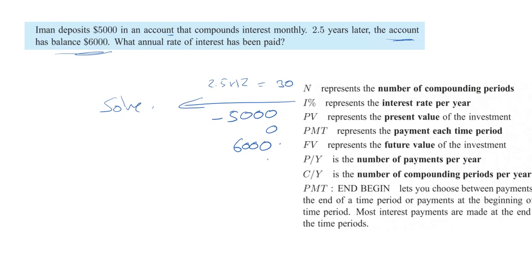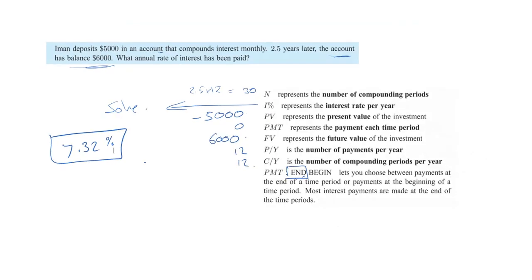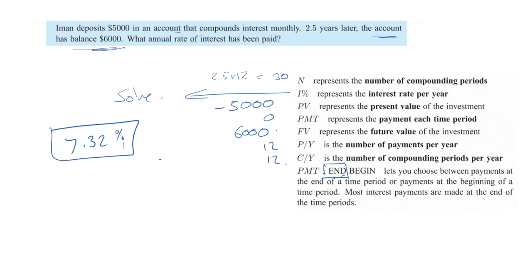Now then, we are compounding monthly. So those payments are coming in monthly. So we've got 12 and 12 there. We're getting this money at the end. So therefore, we just have to scroll back now to the I%, press alpha and then enter, and we should come out with the percentage being 7.32%. Okay, so hopefully that helps you to understand how to use that finance app to solve these kinds